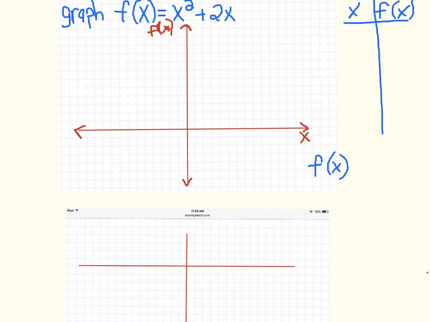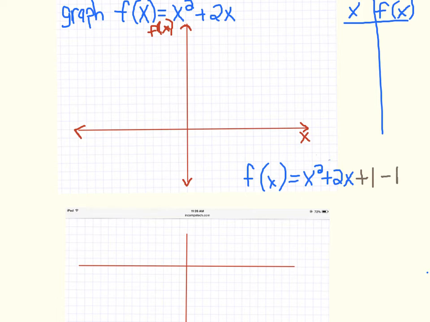So I'm going to say f of x equals, let me actually move this over. I'm worried I'm going to run out of room here. So I'm going to have f of x equals x squared plus 2x. Now I'm going to add half of the 2 and add it to both sides, and I can't add it to both sides. I'm going to add, so half of 2 squared is 1, 1 squared is 1. But so as not to change the equation, I'm going to also subtract 1. Now, so what that means is I now have